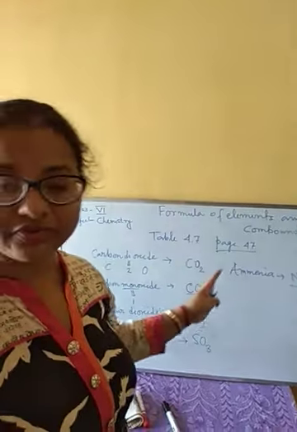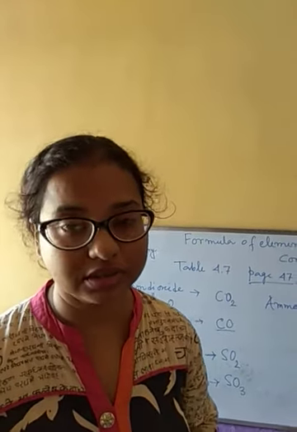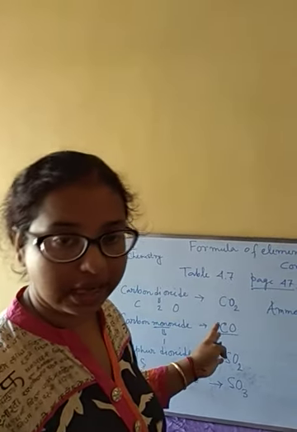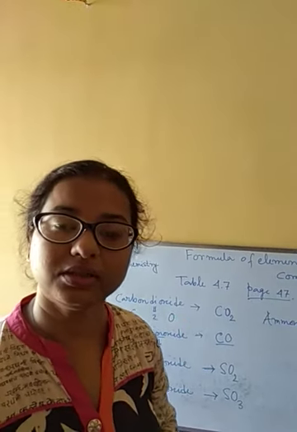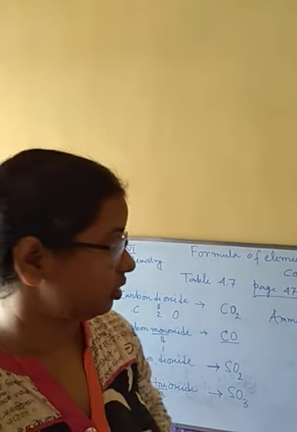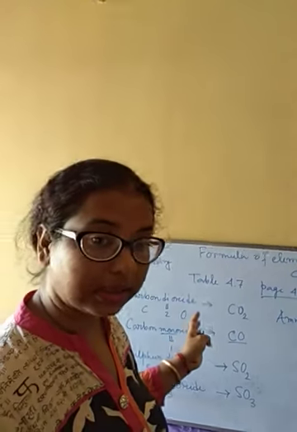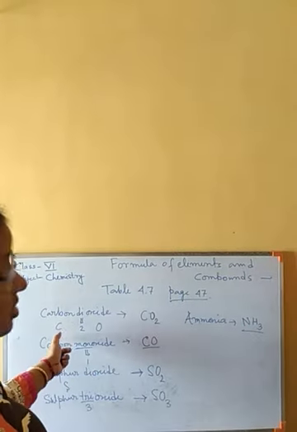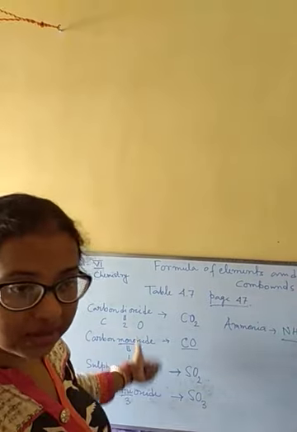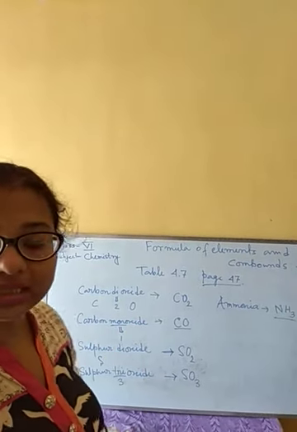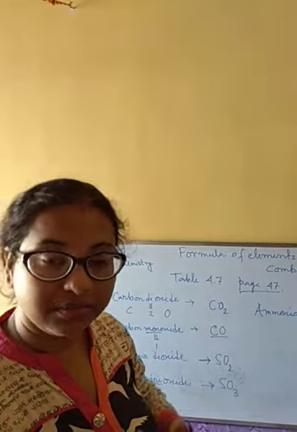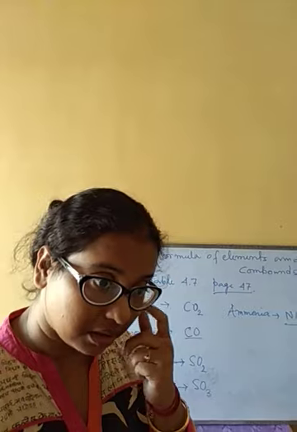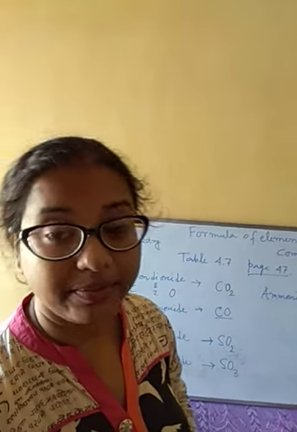So today up to this. A few more formulas are there which we are going to discuss in our next class, and till then you just learn these things. As these formulas are a little bit difficult to memorize, first of all you just get the connection, get the rules, or how we are getting that. That means di means 2, mono means 1. These things you must know, then it will be easy to remember the formulas. Similar formulas we can construct if we know the rules. So in this manner you try to learn this and practice it.